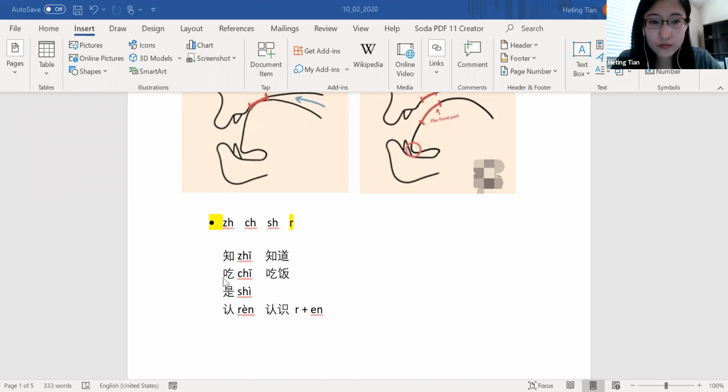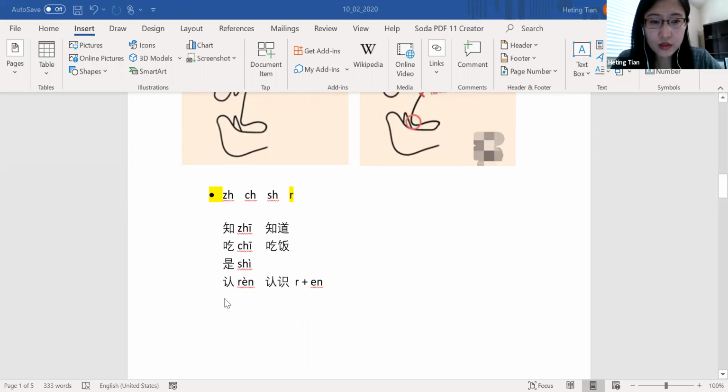知道，吃饭，是，认，this is 认, and fourth tone 认识, that's